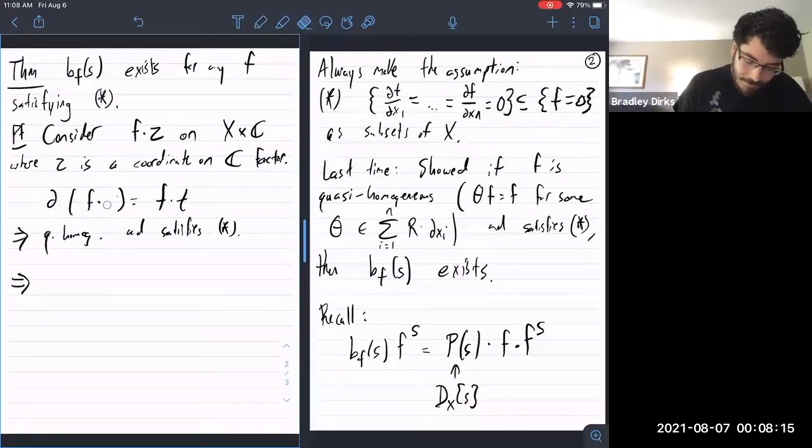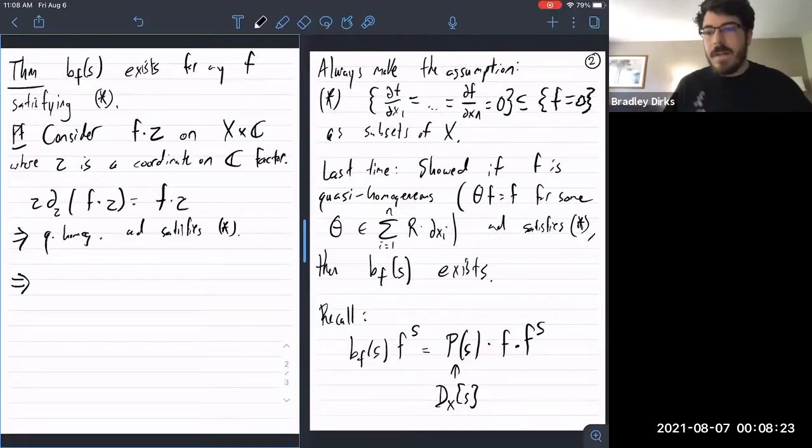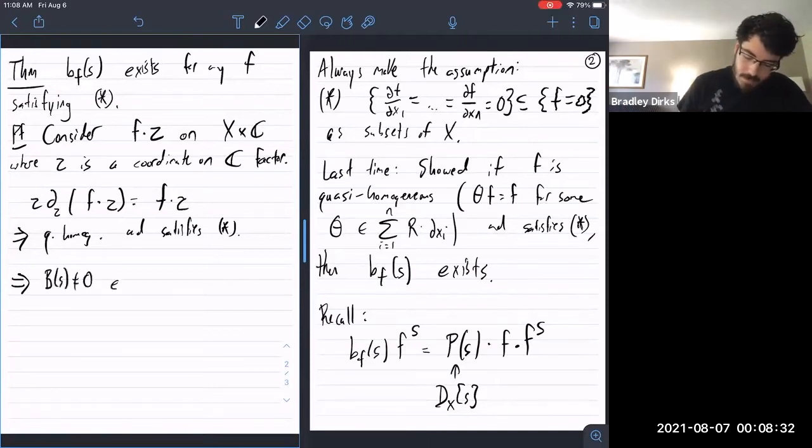Yeah, I think it'd be confusing to use t because we also use t for this shifting operator. So z dz f z f z. Yeah, so this function is quasi-homogeneous and it satisfies this star assumption. And so that means that it has a b function. So I'll just say this exists. So it satisfies